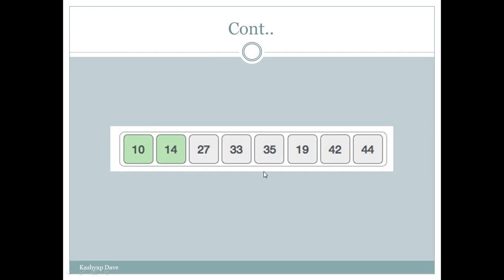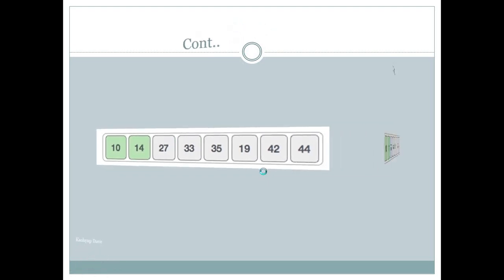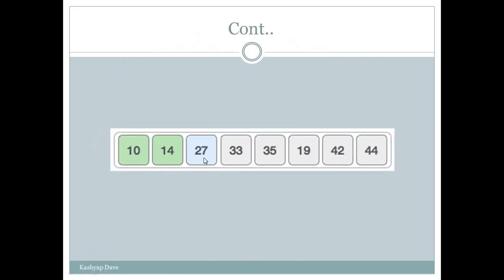Okay, so let's proceed further. We will find that the first element of the unsorted part is 27. So we will compare this 27 with the unsorted list. In the unsorted list we will find the minimum element.